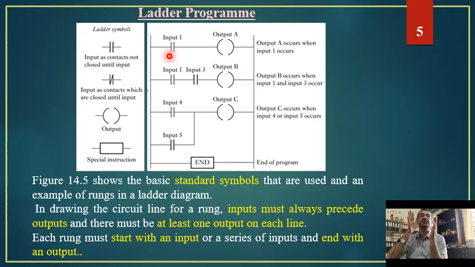When a normally open kind of switch is connected, then the circuit is open. Current will not flow through the circuit from the positive power rail to the negative power rail. So if it is not flowing, then output A will not occur. So whatever actuator we have connected to output A, it will not function, because current is not coming to the output. Now what should we do in order to get the current at the output and the device work? To do that, first of all we have to close the circuit.